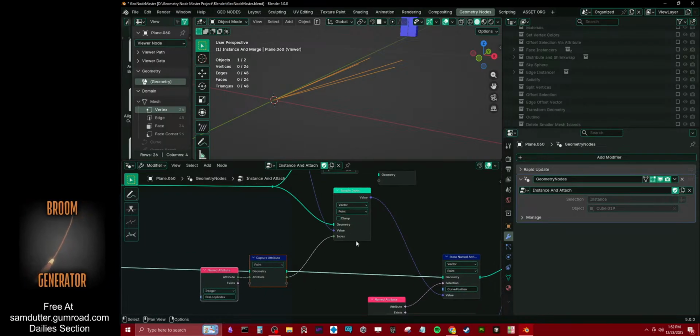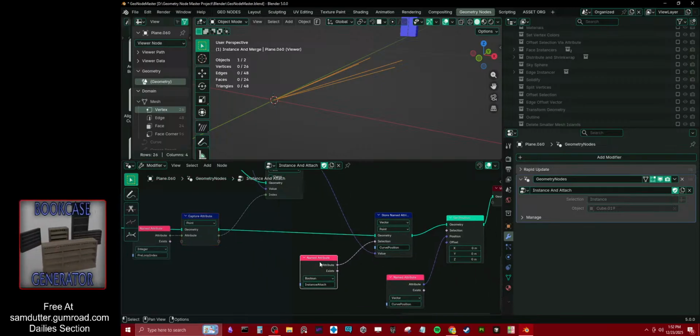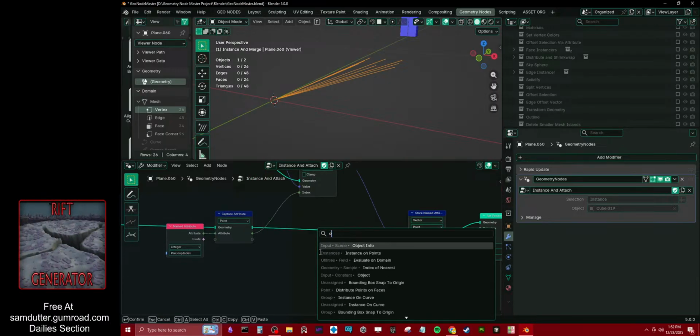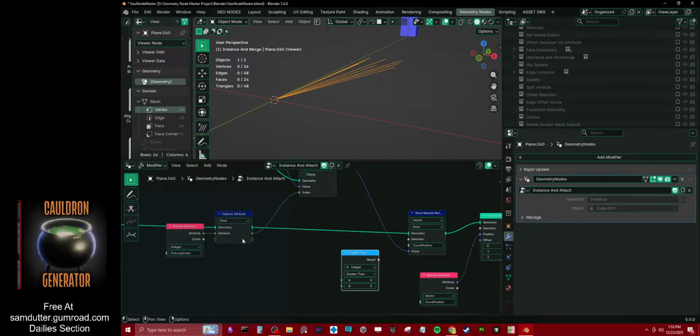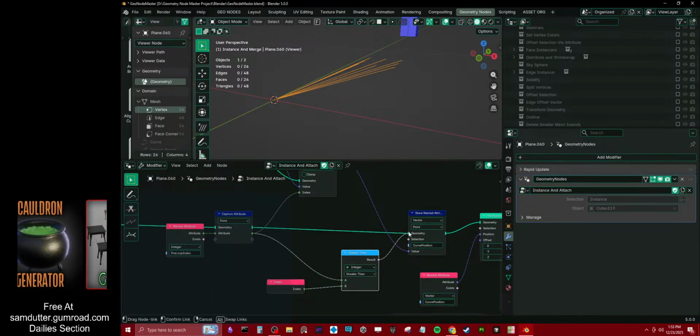Reloop index is how we're sampling. We're doing it by instance attach, I guess. What we actually want to do is a compare on the integer, so we're only saving the values that